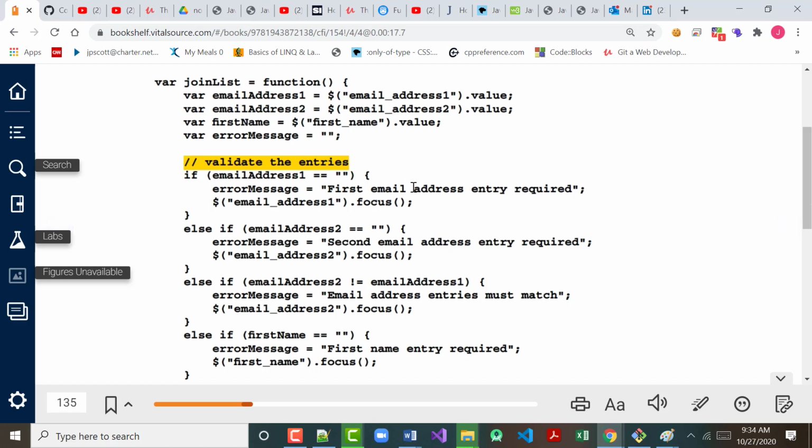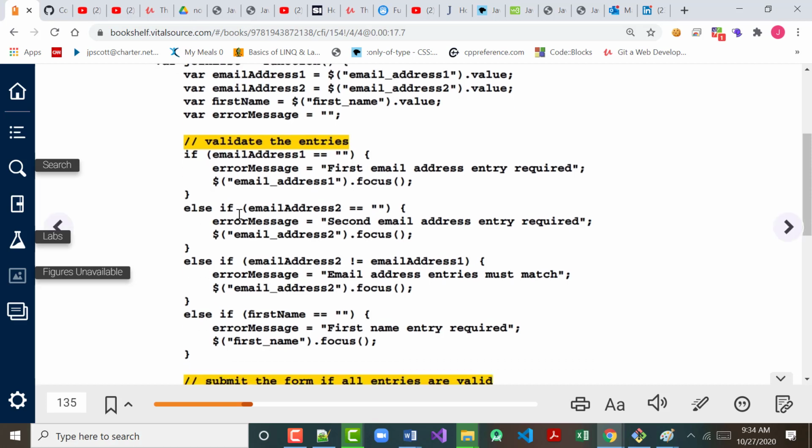So we set that error message and we put the focus back there. Otherwise, we go down and we check the second one. And we do the exact same thing. So if we get to this second else if right here, that means